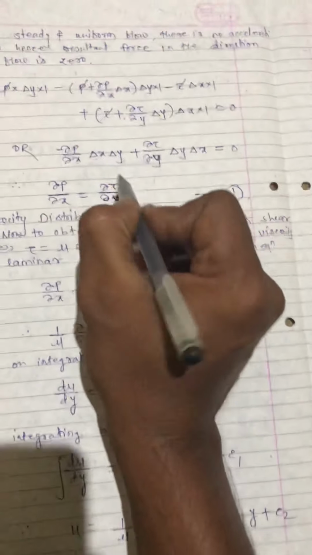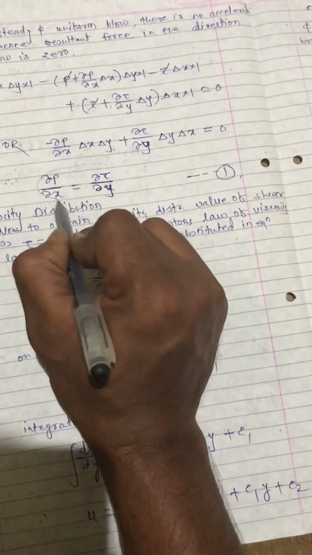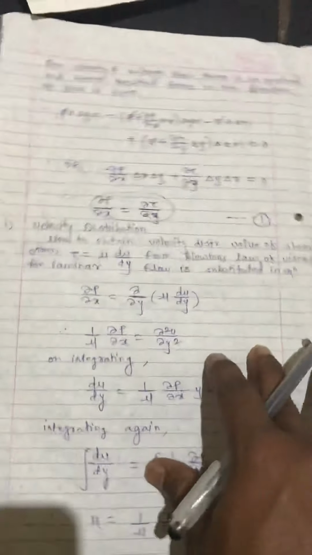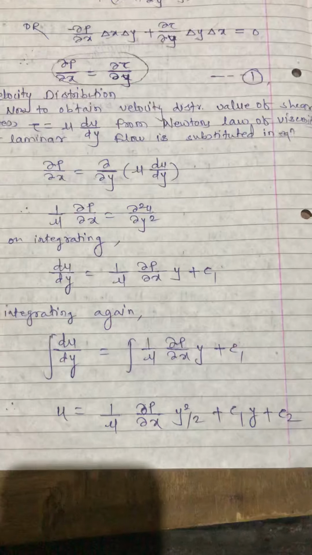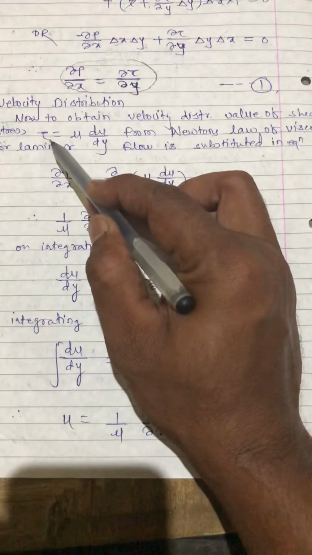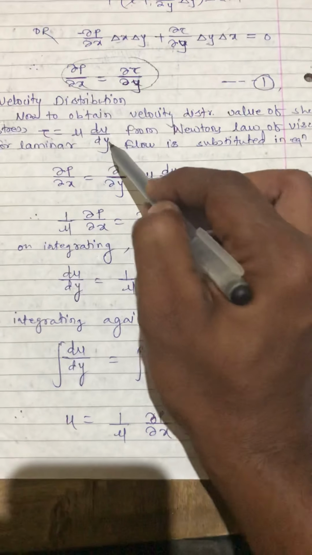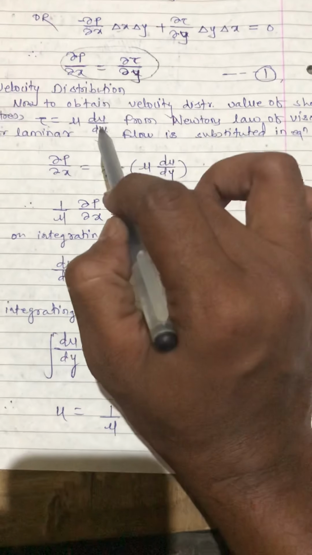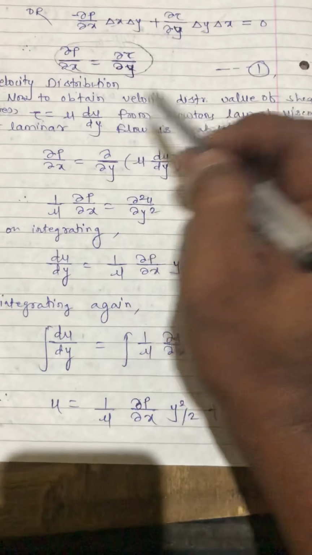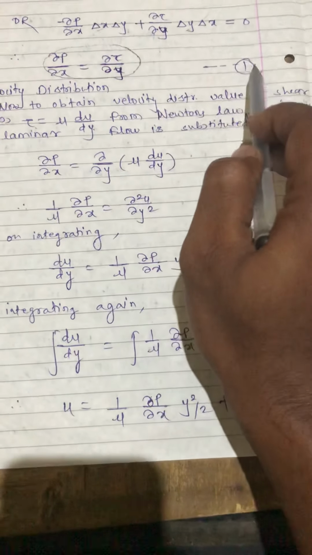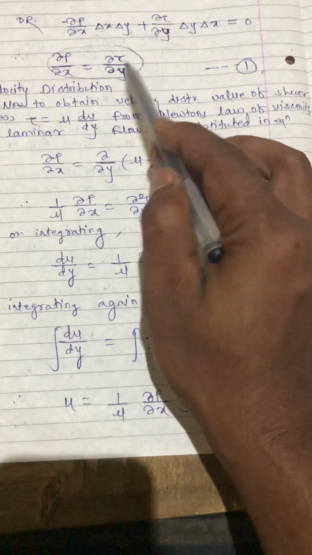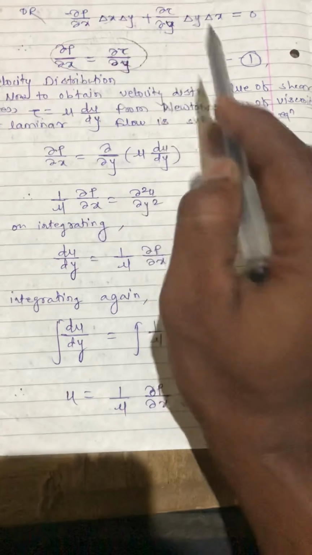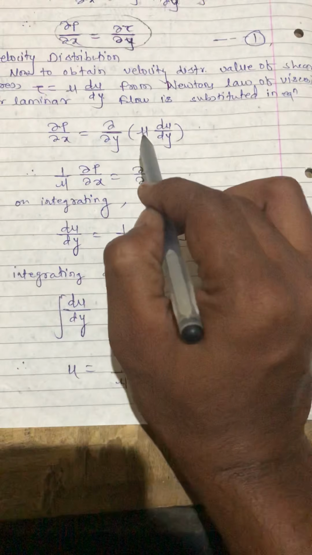So first we have determined the shear stress distribution across the section. Now next we will see the velocity distribution. From Newton's law of viscosity we know that the shear stress is given by the formula tau is equal to mu times du by dy. Now from the first equation, ∂p/∂x is given by d tau by dy. So put the value of this tau into this first equation, and we will get mu times d